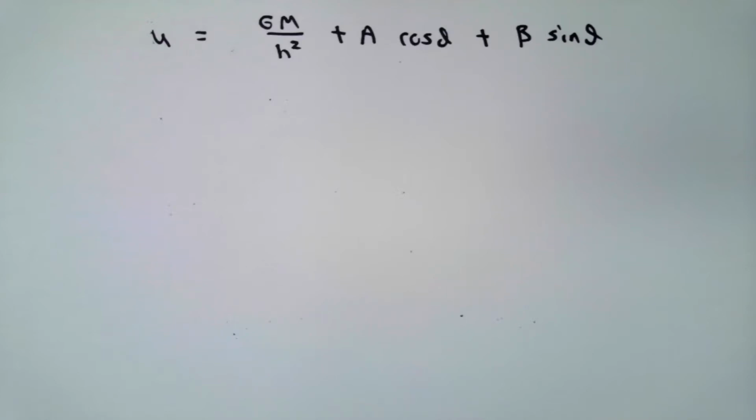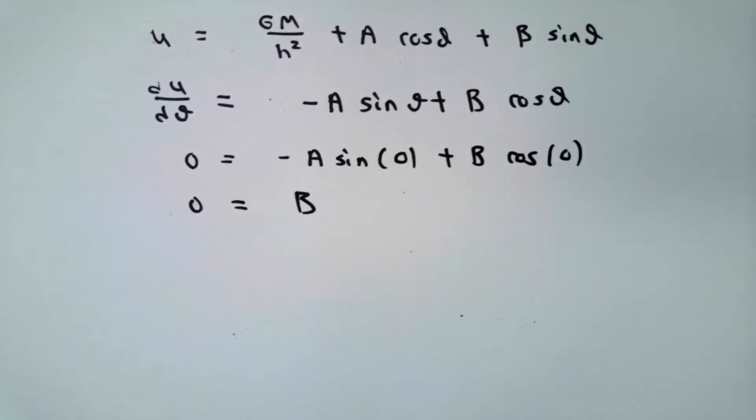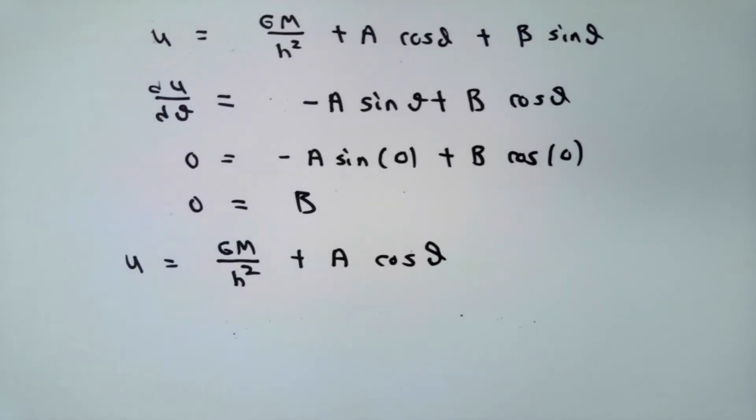If you look at the derivative of u with respect to theta, it is negative a sine theta plus b times cosine theta. Suppose I arrange my graph so that the minimum or maximum value of u happens at theta equals 0. Then it would have to be true that b is 0. My u solution then is only going to have the part that has the a in it. The second derivative of u,